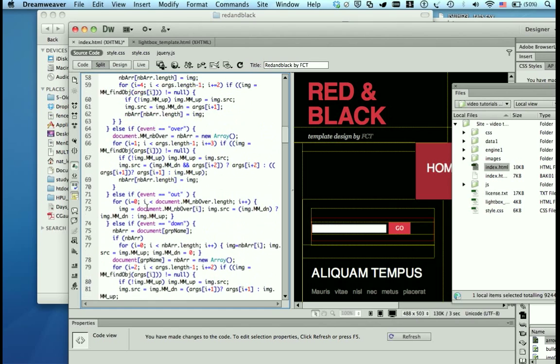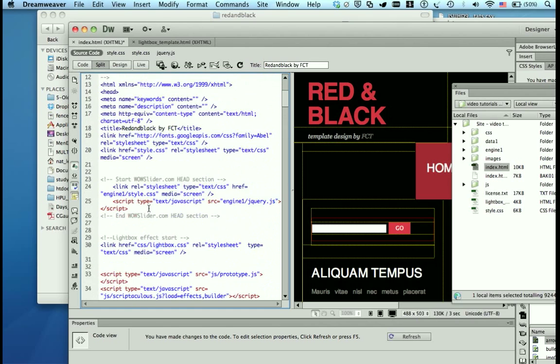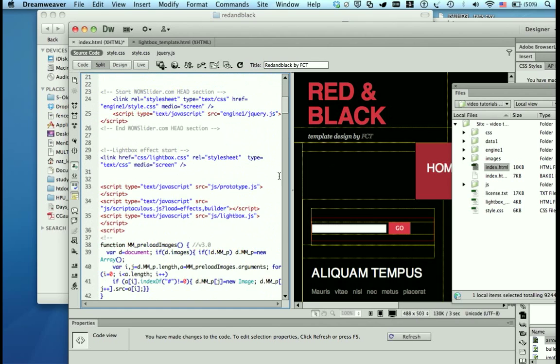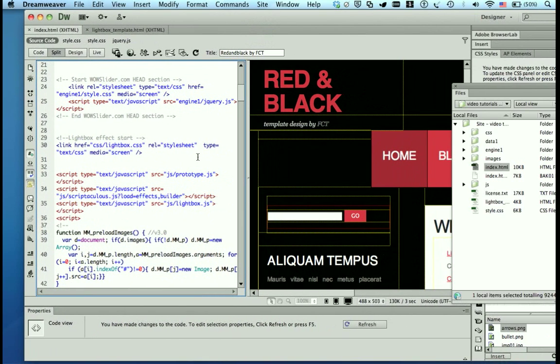Okay, so all this in here has to do with that Lightbox, as you see here. So I have the stuff to make it work, even if I don't fully understand what it does. Let me save this. Even if I don't fully understand what it does, I know it's there and it's going to make it